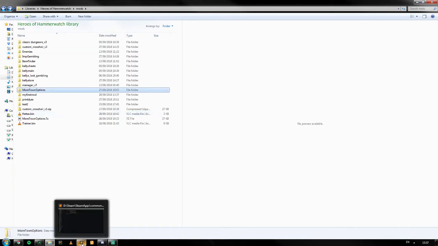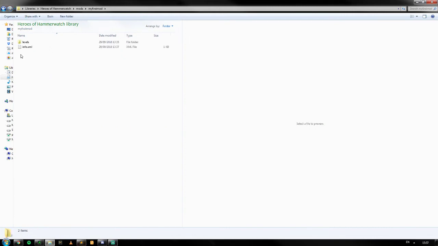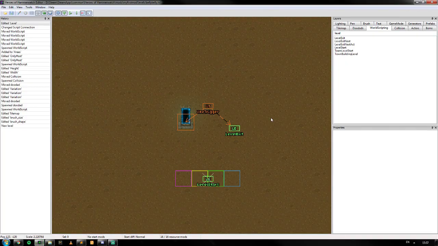So what have we got now? We've made our info.xml. We've got levels with a level in it that we've made in the editor. So now, a quick think, this should work. So if I open up the game,